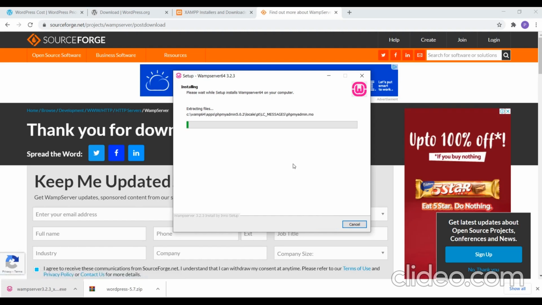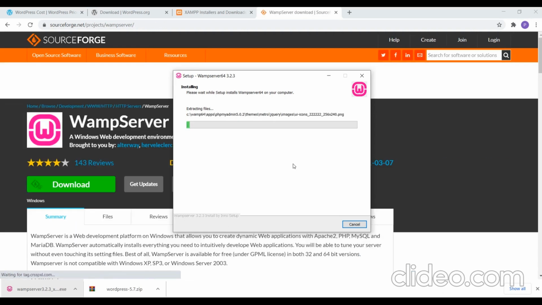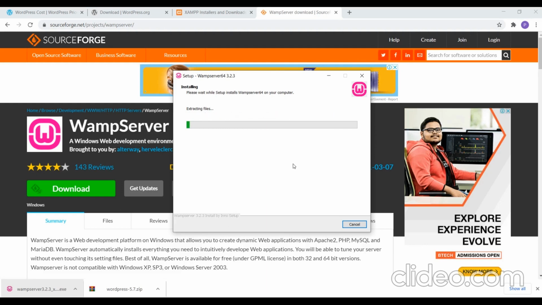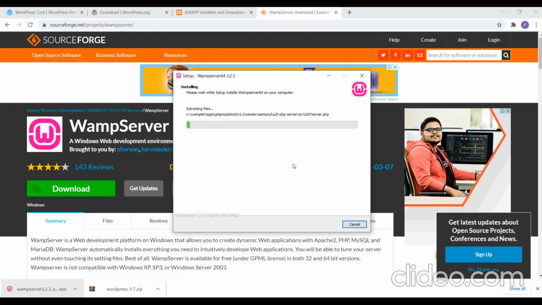Along with that, it will install a PHP software or a framework, you can say that, and along with that it will also install Apache, which works as a server. So once this gets installed, you will have something called localhost. So I'll show you how to access your WAMP server in your local browser.